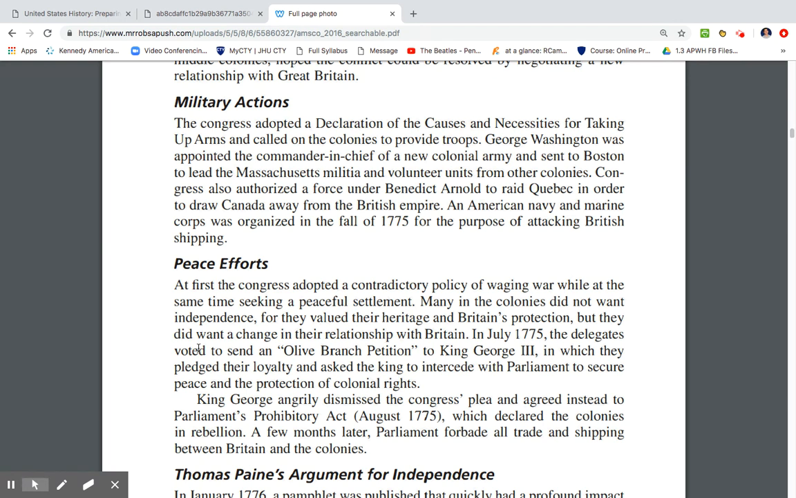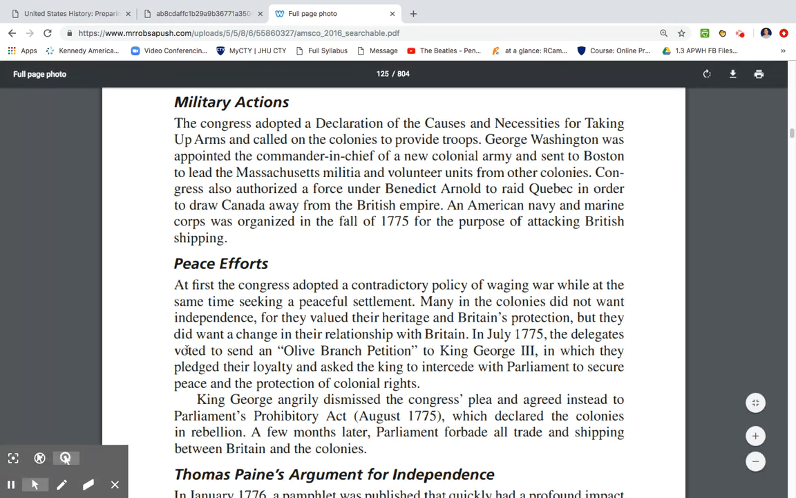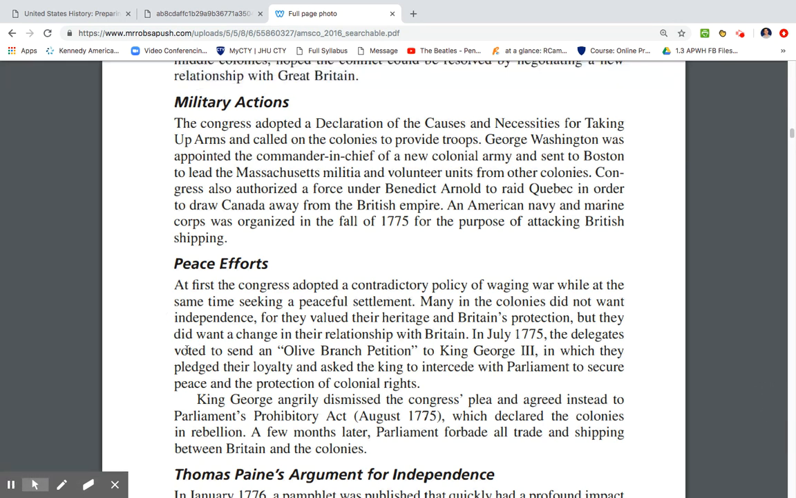King George angrily dismissed the Congress's plea and agreed to Parliament's Prohibitory Act, which declared the colonies in rebellion. A few months later, the Parliament forbade all trade and shipping between colonies and Great Britain. So you understand the Second Continental Congress is very important because it established an army, but it also established the Olive Branch Petition, which was a letter sent to King George III saying, hey, we want peace. We still swear loyalty to you. We just want things to go back the way they were before